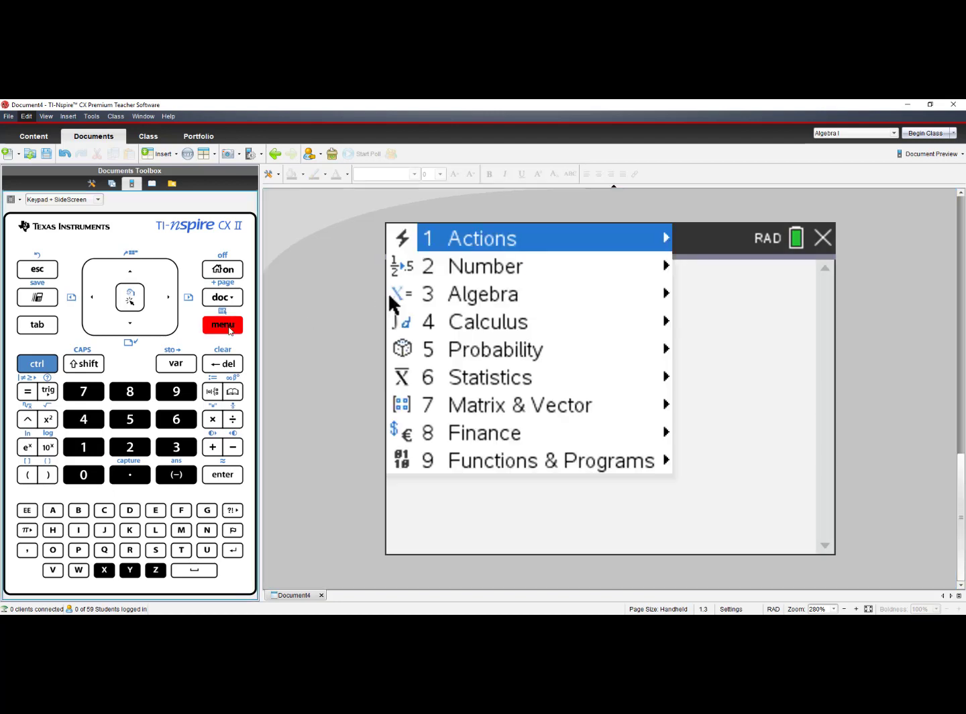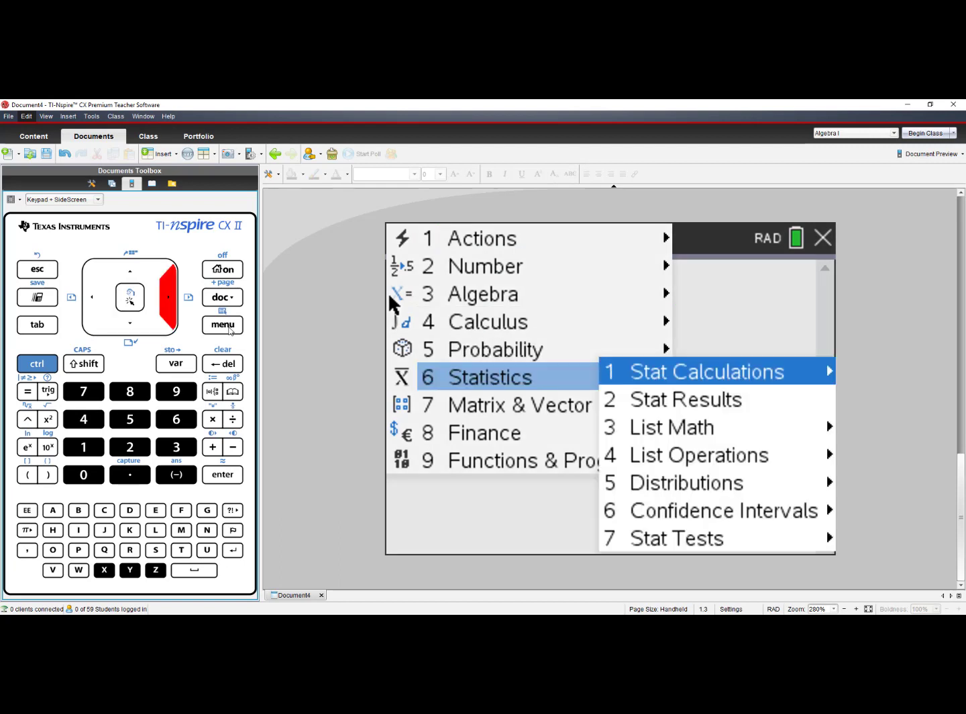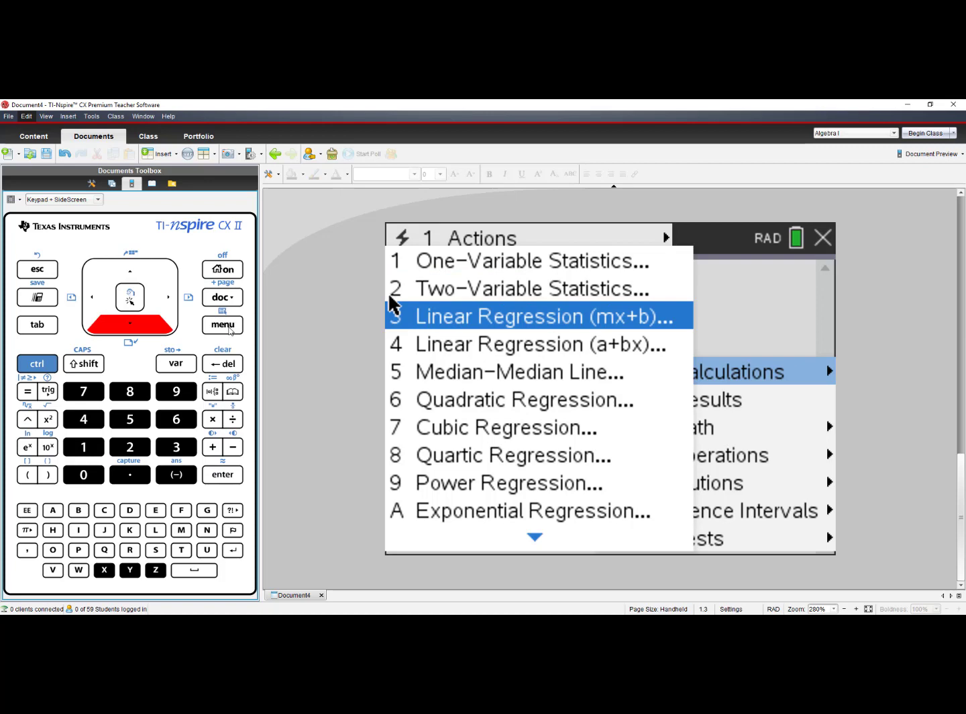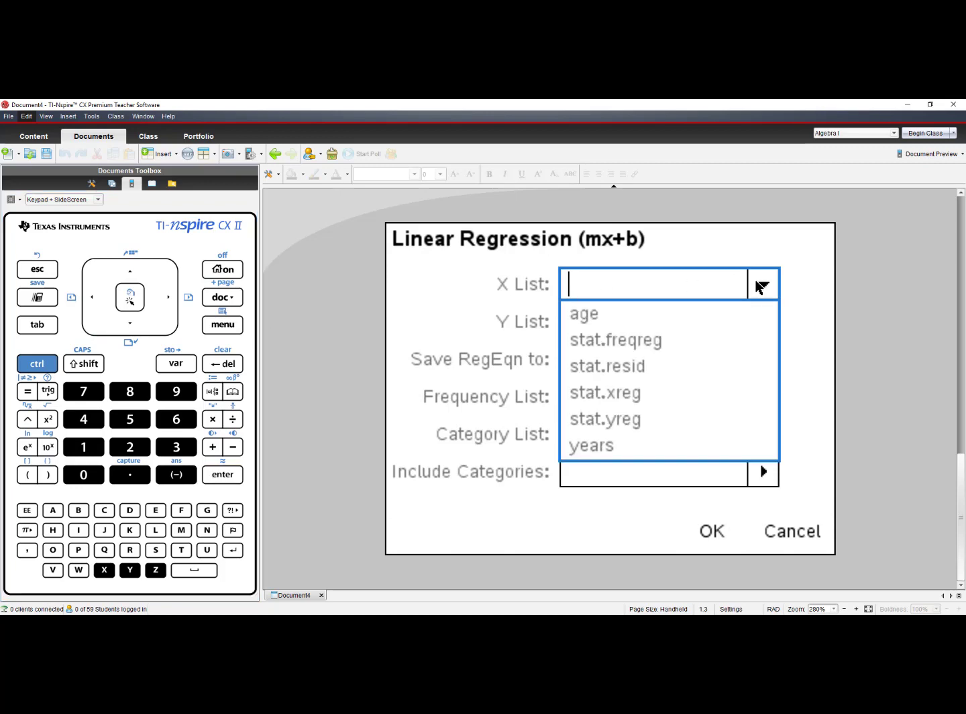Go to Menu. We're working with statistics, so that would be the logical choice. Choose number 1, Stat Calculations, and choose number 3, Linear Regression MX plus B. The wizard pops up. You can press the right arrow, select Age for your X list,